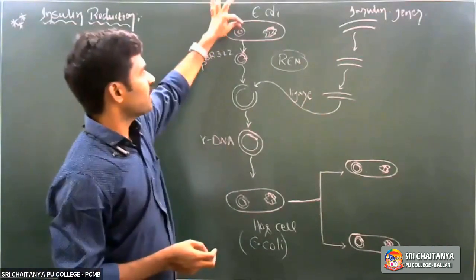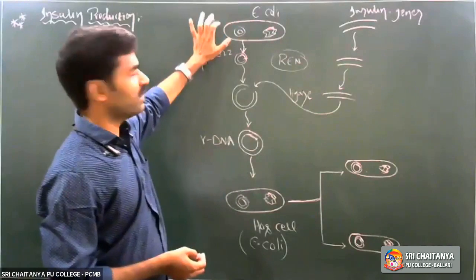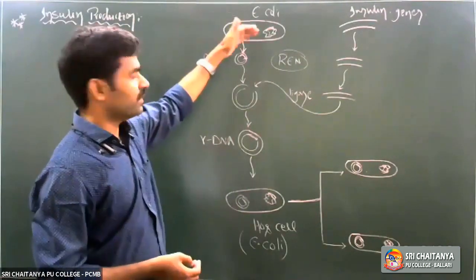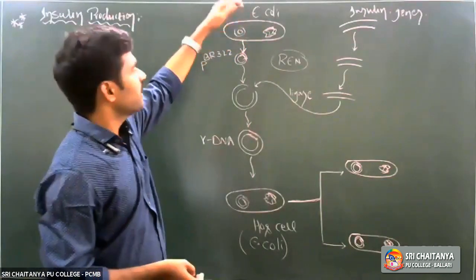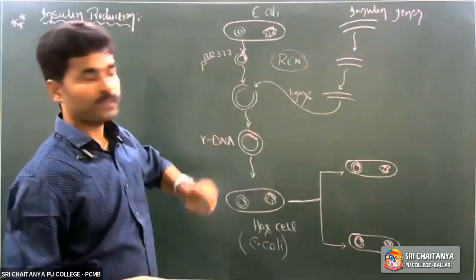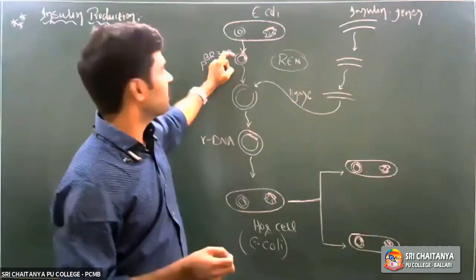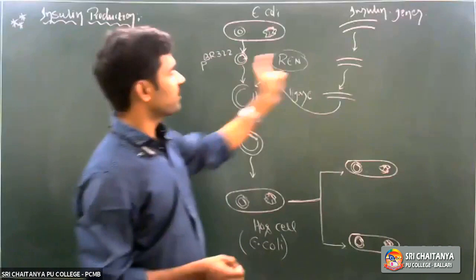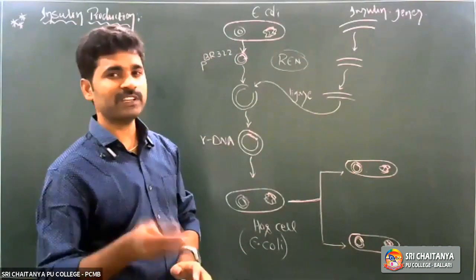Then second, the plasmid was also collected from the bacterial cell. How? By treating with various enzymes: lysozymes, proteases, RNases, lipases. Except DNases, the remaining enzymes were used for the separation of the plasmid. But that plasmid is not ideal, so that is the reason it was reconstructed into pBR322. Both of them were treated with the same type of restriction endonuclease enzymes. We call it cutting of DNA.